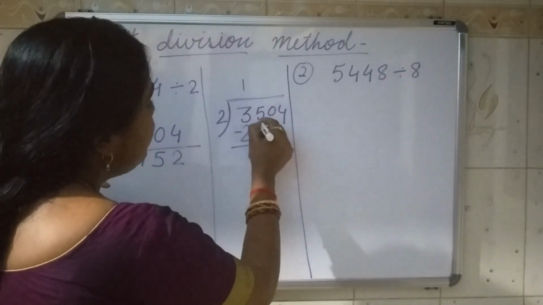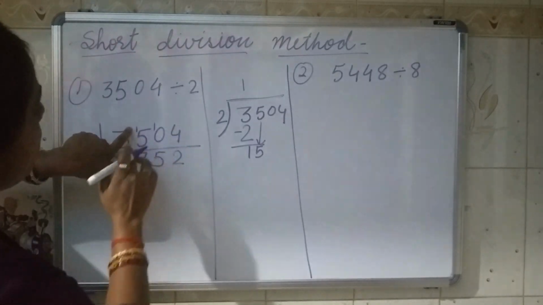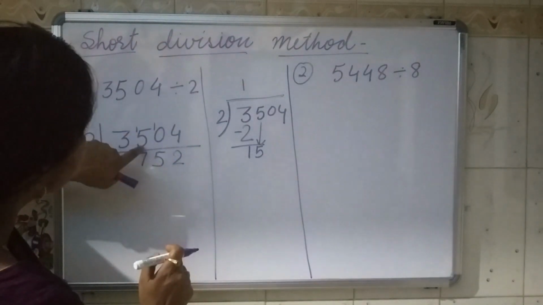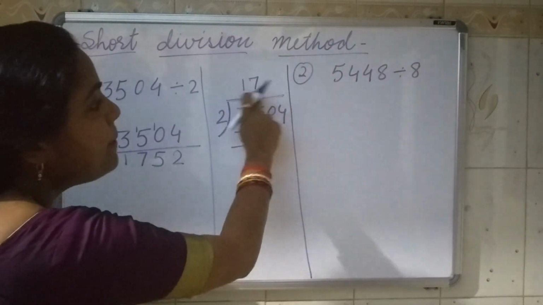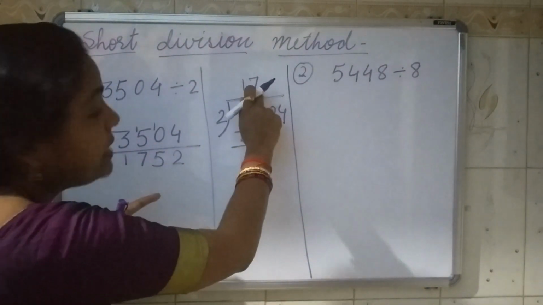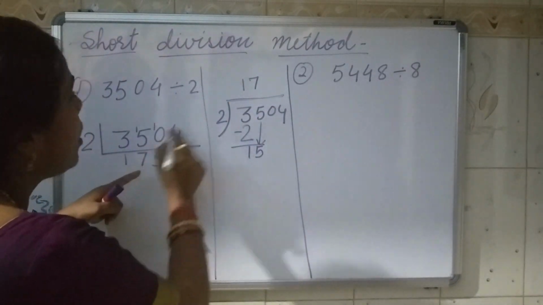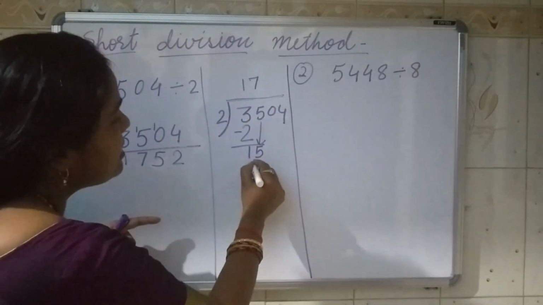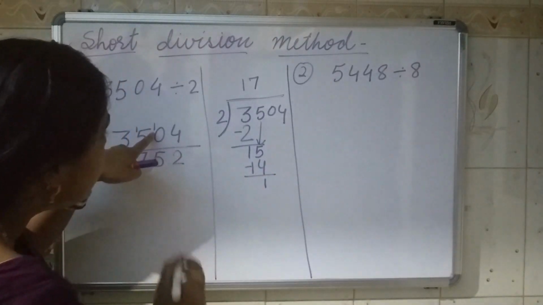So now bring this number down, 15. So this 15 is here, this small one and this 5. This 15. So 2 7s are 14. The quotient which I am writing here above, that I am writing below here. Now 15 minus 14 is 1. So 1 will be here above 0.